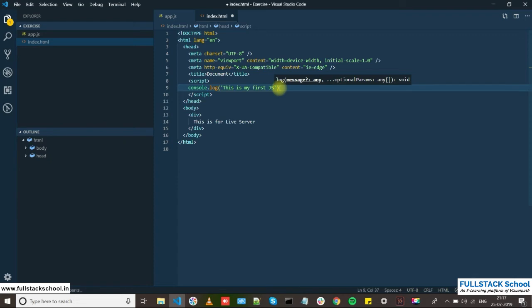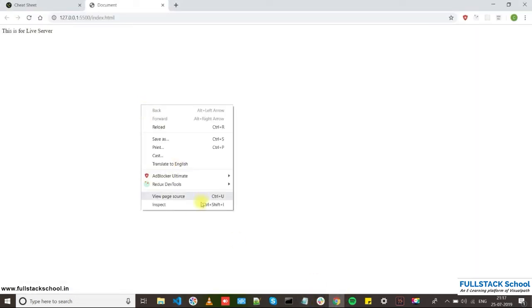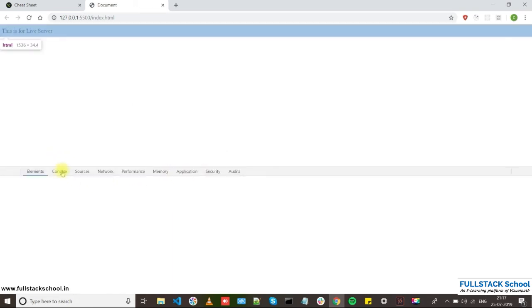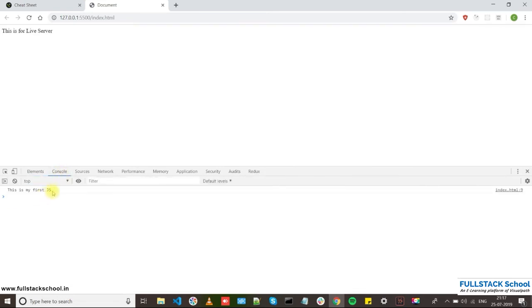Once you save it, switch to your browser and go to inspect. We were already seeing the console, right? So if you go to the console, you'll see the output: This is my first JS.